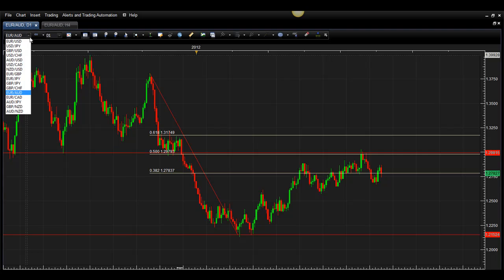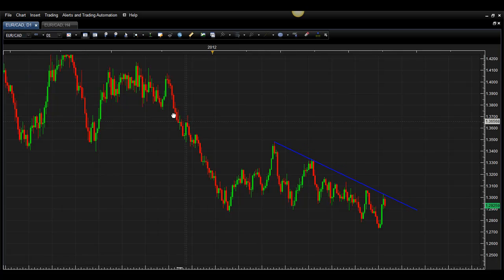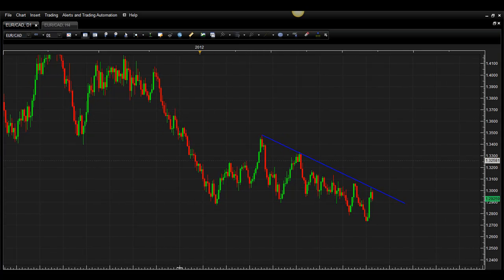Basically the same thing with EuroCAD, another trade that Casey and I are looking at. EuroCAD is in a pretty consistent downtrend, as you can see. For the most part, it's moved down, and right now we're at the trend line bounce. The problem is that it's definitely struggling here with some support. But if it breaks this level and goes through, then we could see a lower low, which would follow the